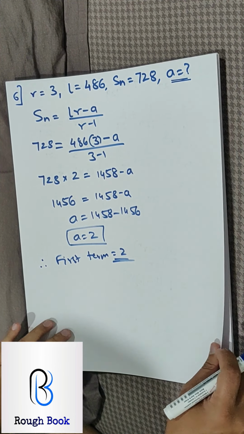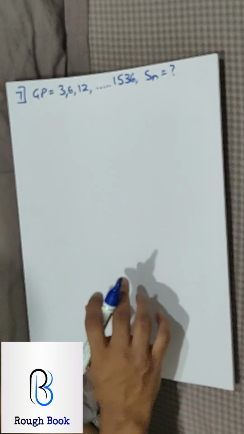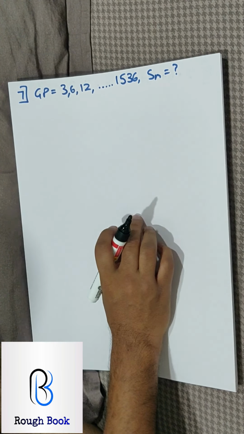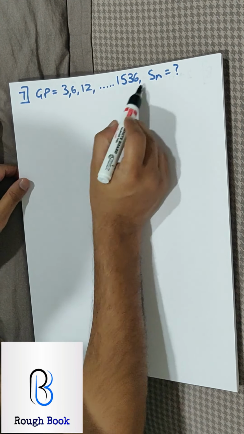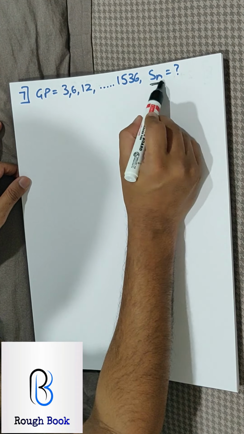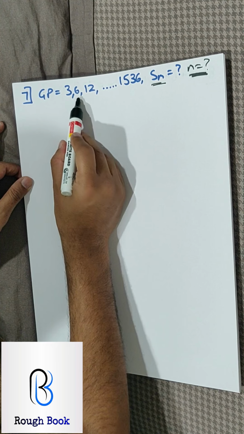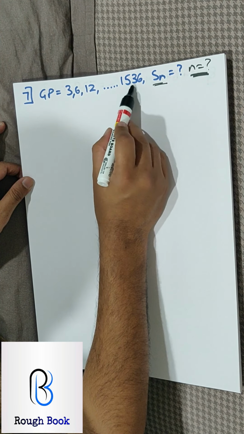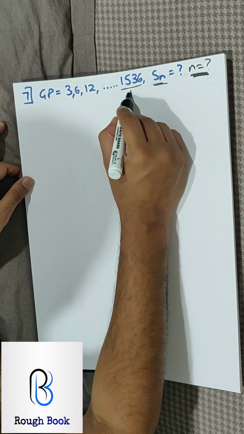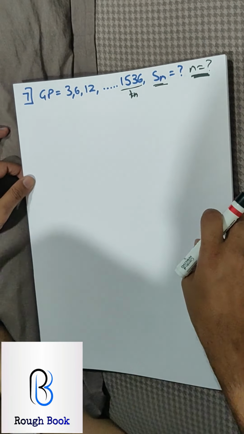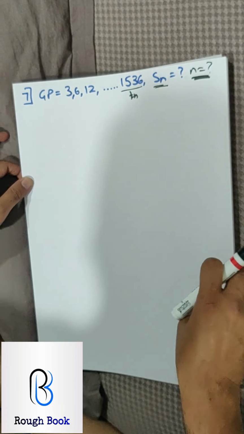That's good. Next one, sum number 7. Everyone should try this. Read the question and try it. Find the sum of the GP, this. So all these numbers you have to find the sum. But for that first you should know how many numbers are available. So take this as Tn, some term number, and get n. Then push that n over here and get Sn. Pause the video, try going ahead.